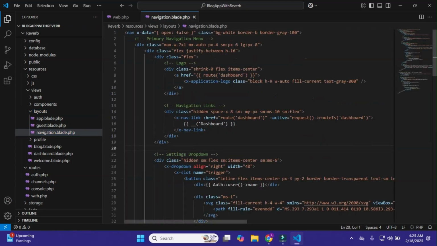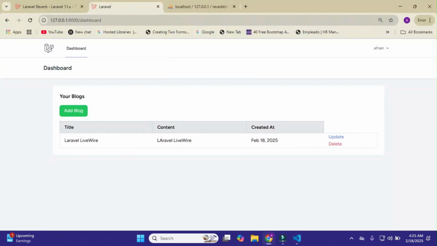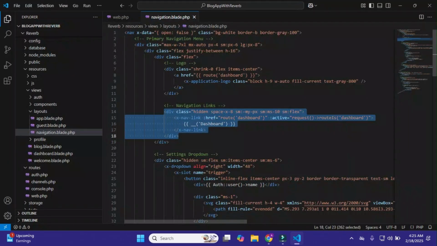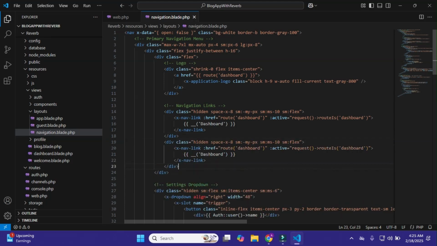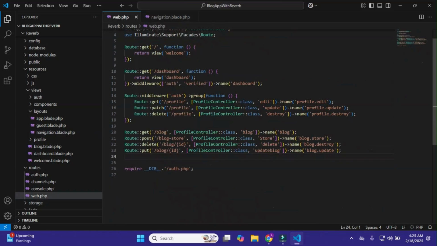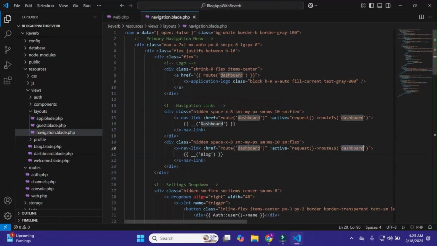In the navigation, as you can see, we have this dashboard showing here. So we define the blog here, and when we click on it, we redirect to the blog page. Okay, so you don't need to worry about this. Just copy it, paste it here, and make it blog. Our blog route is /blog, and it will return the blog, so paste it here.